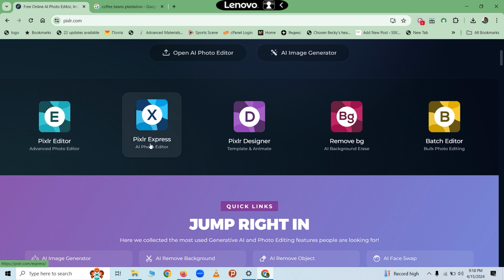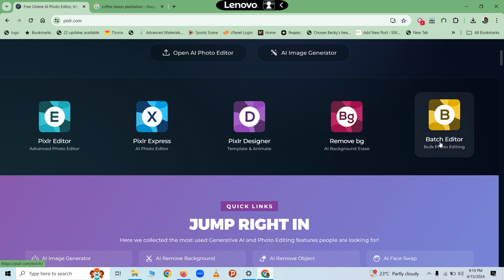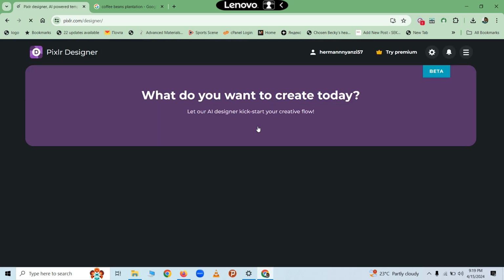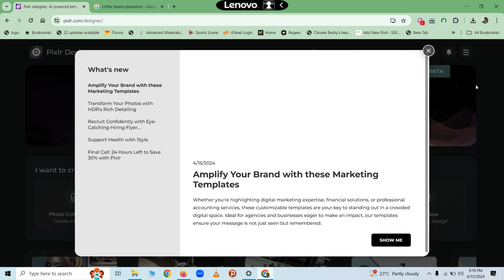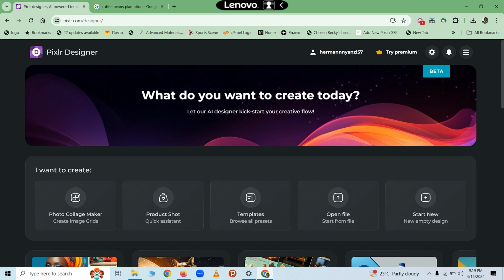Then we have Pixlr Express, which is AI photo editor. We have Pixlr Designer. We have Remove BG, AI background erase, and then you have Batch Editor. So for this case, we are going to use Pixlr Designer, which is used to design graphics. Okay, so when you tap there,